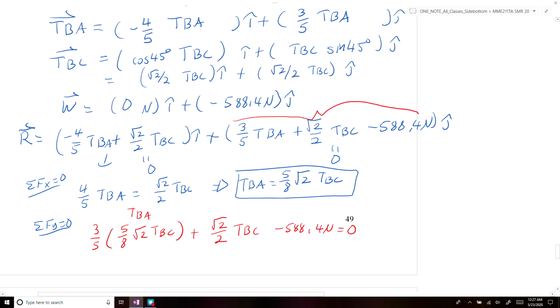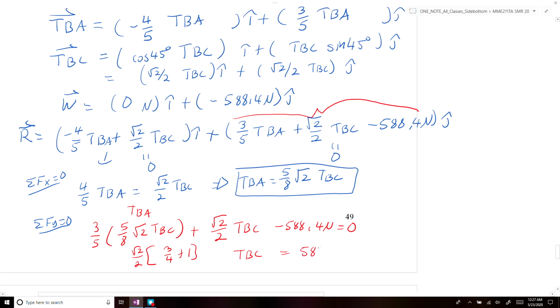If we rearrange this all, we get radical 2 over 2 times 3 over 4 plus 1 times TBC is equal to 588.4 newtons. If we divide both sides by the coefficient on the left-hand side of the equation, we get TBC is equal to